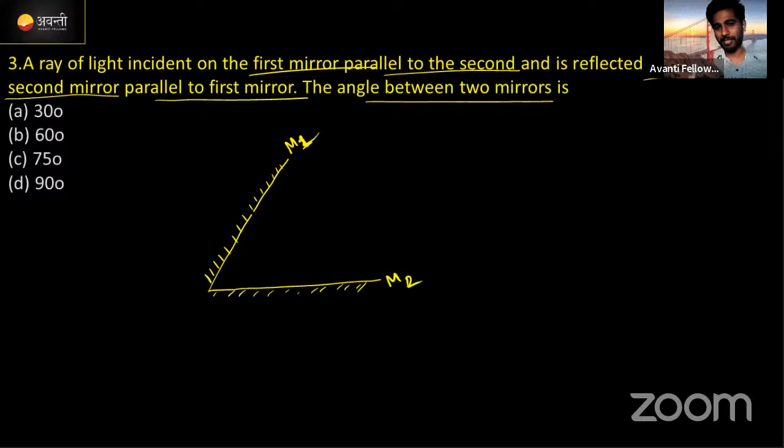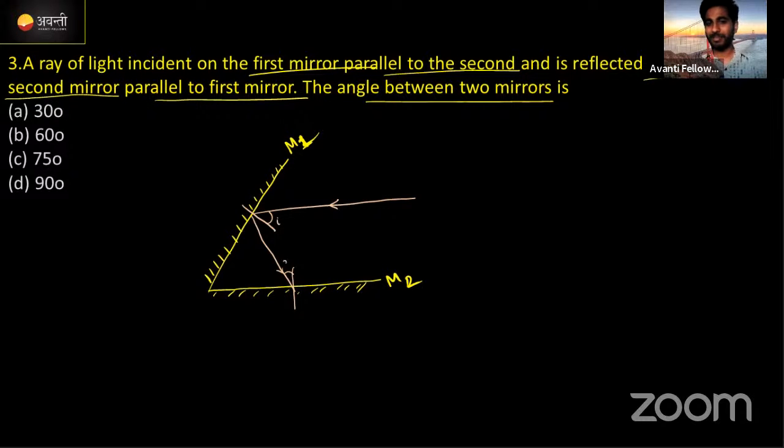Parallel means like this. This is the parallel line for M2. After that, what will happen? Reflection. The law of reflection should be satisfied. At this point, if you draw the normal, it makes an angle of incidence. With the same angle, the ray of light will be reflected along this direction. This is the reflected ray for mirror 1. For mirror 2, it is the incident ray. Again, it strikes the mirror and is reflected back with the same angle